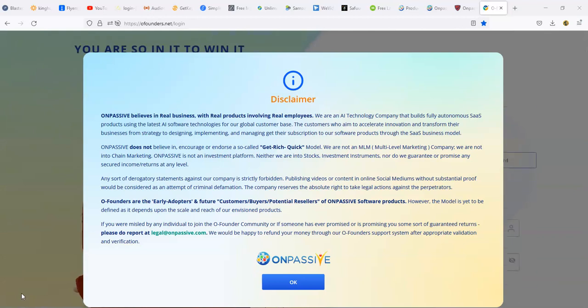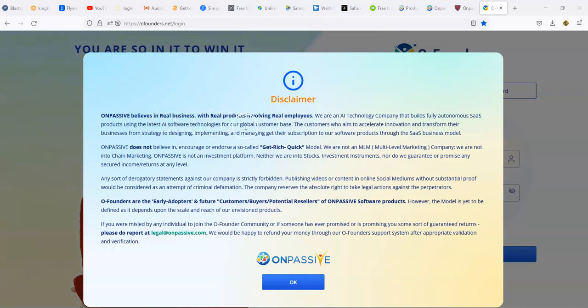And this is what you get when you come. This is my login page. The only thing I'm going to show you is this. I'm not really going to log in because I don't want to get myself in trouble, and I don't want to cause anyone any conflict. So you can check out this login page, which is all I can tell you, but I won't really give you any access to it.